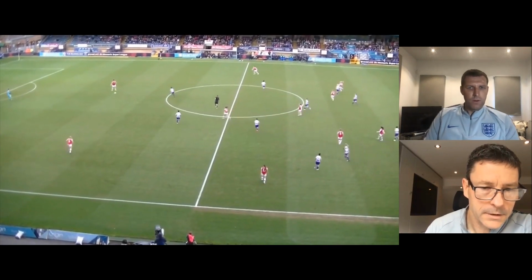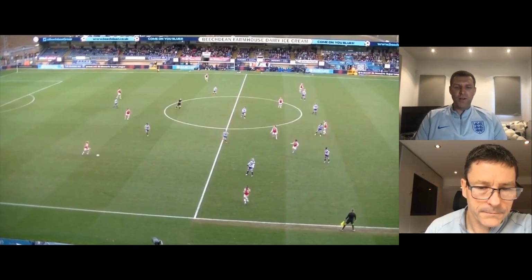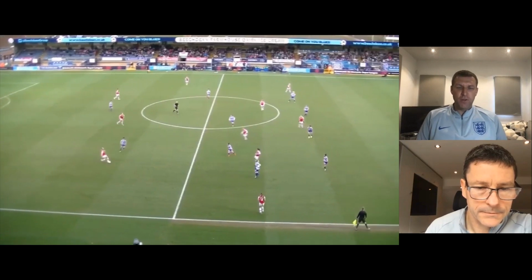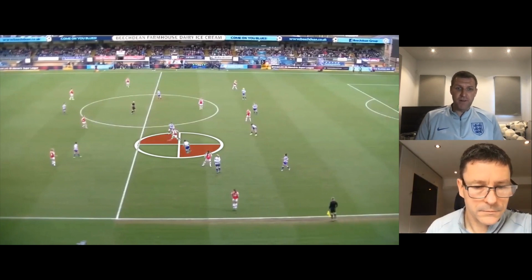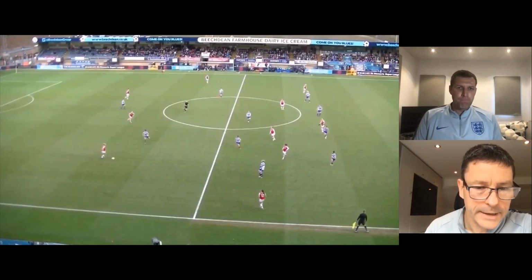So again, if we go back here. I think when we talk about movement, Paul, sometimes the beauty in it is, if we look here, there isn't actually that much movement. Sometimes if you recognise you're standing still, when everyone's moving around you, it can be just as effective, can't it? Yeah, and I think the movement here that